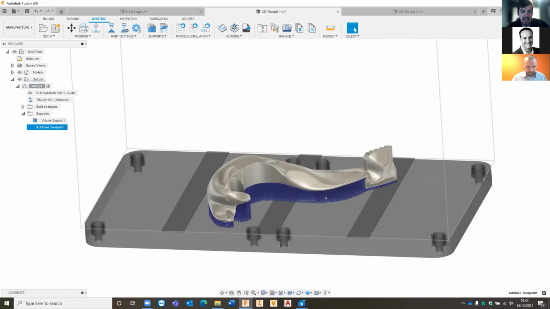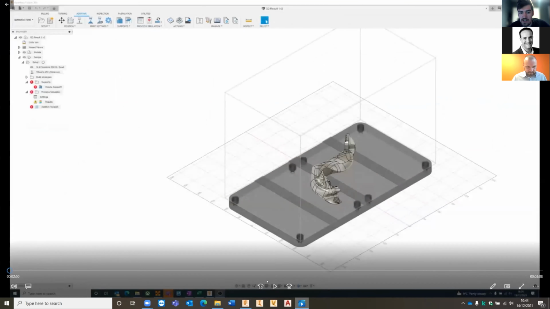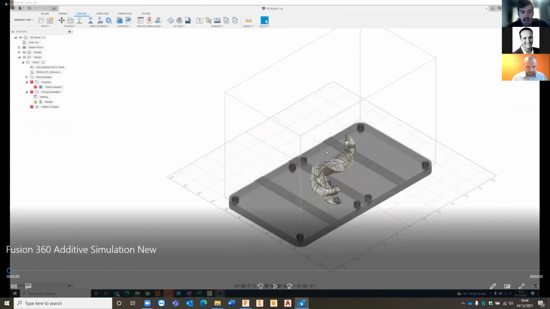But yeah, so that's essentially the SLM or the additive build extension. So we've got the ability now to print metal objects as well, using the SLM strategies, as opposed to the default or base Fusion only printing plastic parts as well. As I said earlier, I'm just going to open up the video quickly of our additive